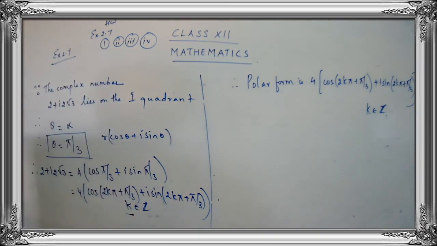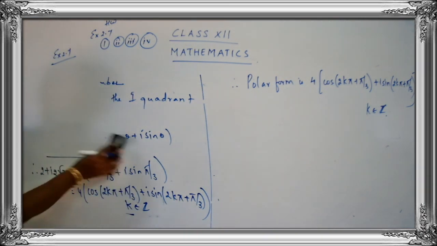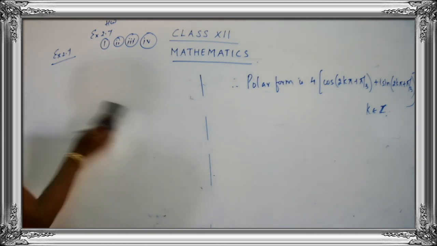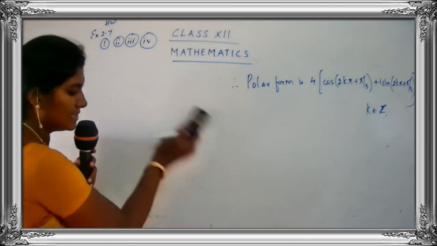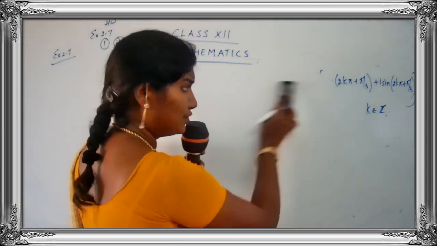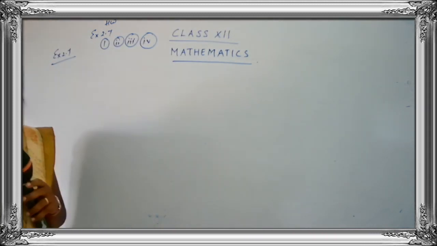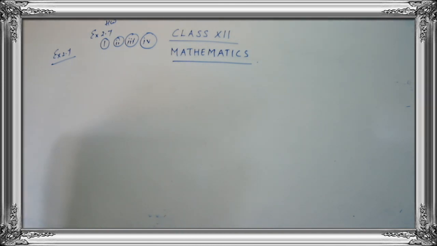Okay, children, let's move to the second sum. It's very easy. We just have to apply the properties and the steps and we get the answer. So unit 2 is very, very easy. You just do it properly. Do not waste your time. You start practicing your sums.